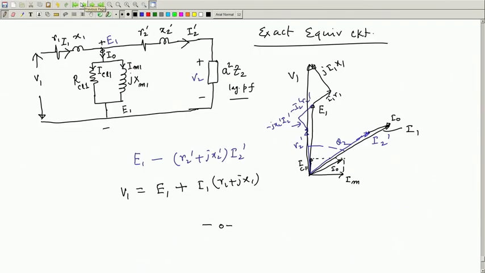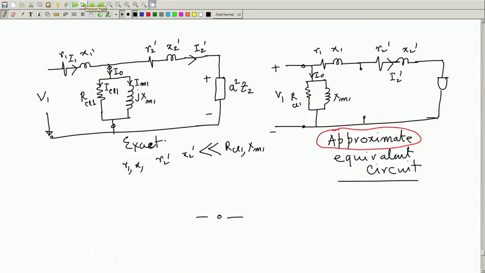Welcome to lecture 16, and we have been discussing the exact equivalent circuit, its phasor diagram, then the approximate equivalent circuit, and I will also draw its phasor diagram. Recall that the approximate equivalent circuit was like this, where this parallel branch has been brought right across the supply. The approximation made is that under no load condition, as if there is no current through the winding, but nonetheless core loss will always take place. So, it was like that.